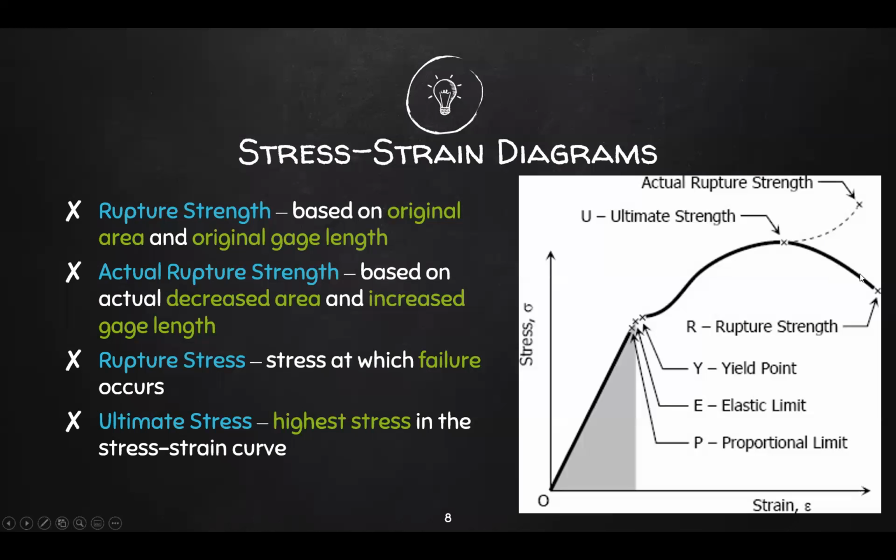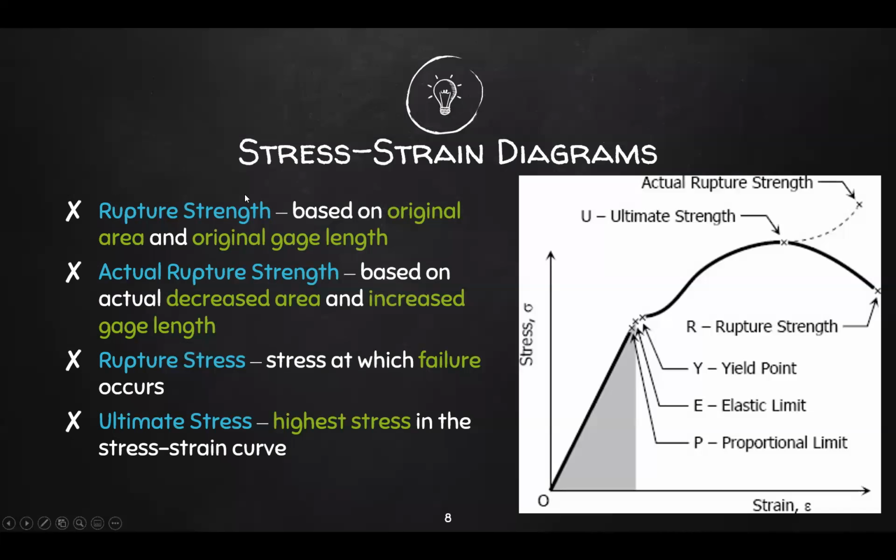Okay. Now, if you do take into consideration the actual area of your rod, wherein it starts decreasing significantly, this is what you get. Okay, there's still an increase in stress and strain. So that's the reason why you have 2 points right here. One is for using the original area, and this is for using the actual area or the actual decreased area. Okay, so that's the description of your stress strain diagram.